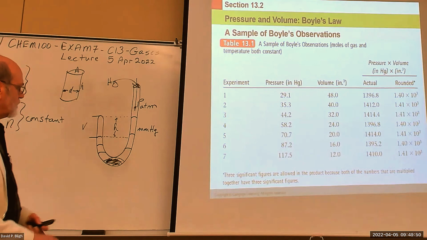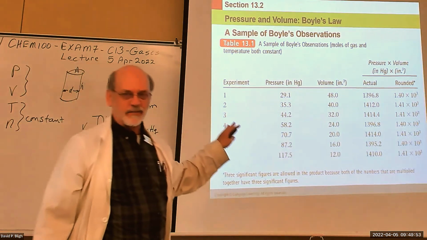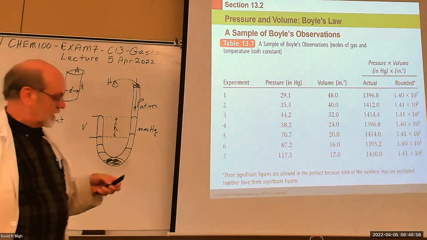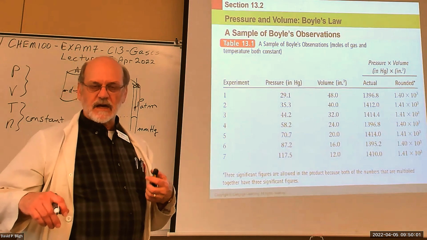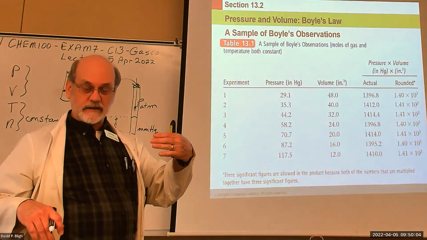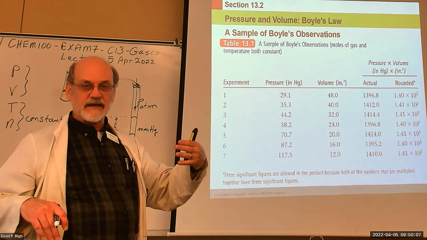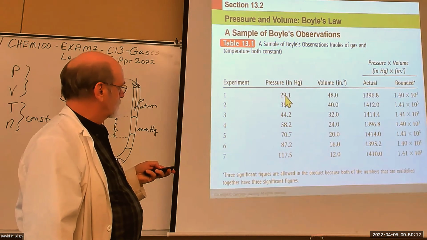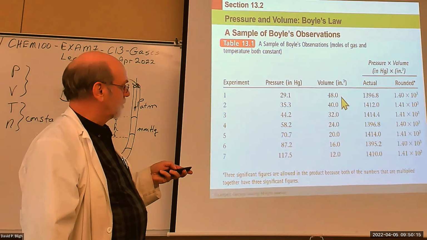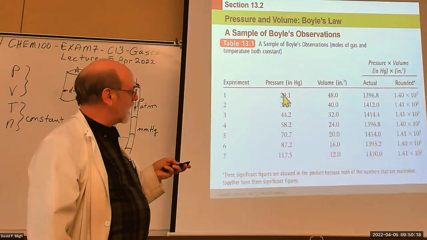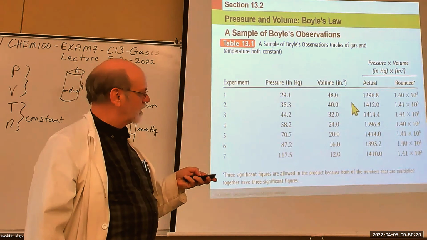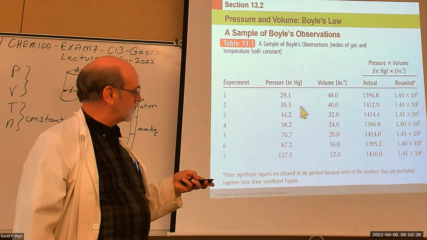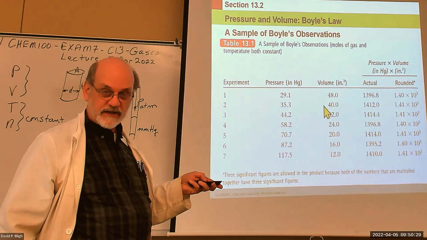Okay, so this is not one of Boyle's tables, right? We made this one ourselves. But this is what he would have done in each experiment. He has added more mercury, so he gets a different volume, and he just lists it, right? Pressure here and volume here. And what he noticed was when he multiplies these two numbers together, he gets a value. And if he does it for every experiment, as he increases the pressure, the volume decreases,